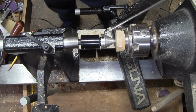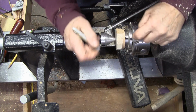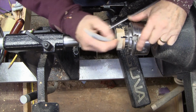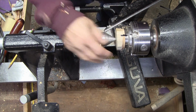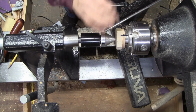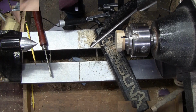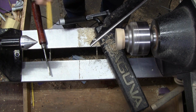So here's something I like to do. Take a Sharpie, and I have black marks on my chuck for doing this. When I take this out, when I put it back in, if I put it on that line, it will run nice and true. So just to make sure it's running true now, which that's nice and flat,